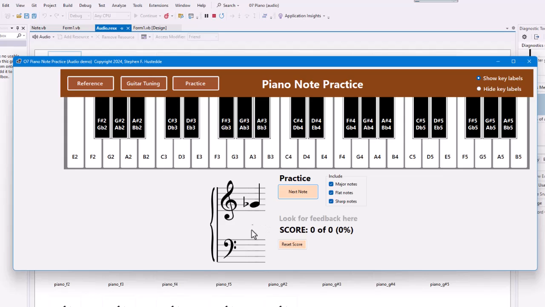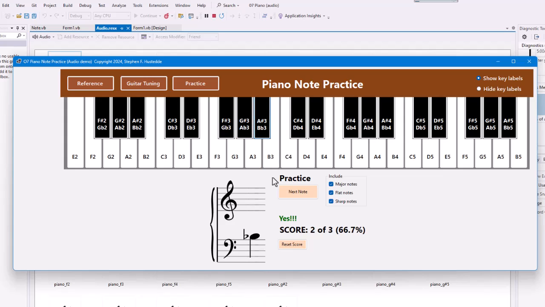It's going to show the note, and then they're asked to press the key, and it'll play the sound if it's correct. If it's incorrect, I'll do another one here. So maybe rather than a B flat, they press the B3. And they get a little thump sound that didn't work. They can try it again